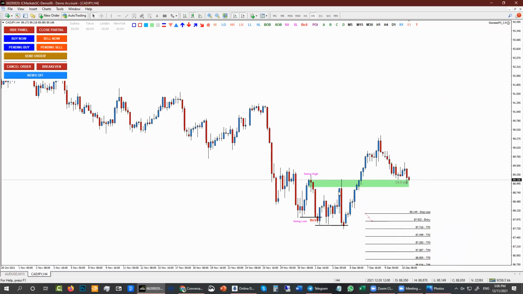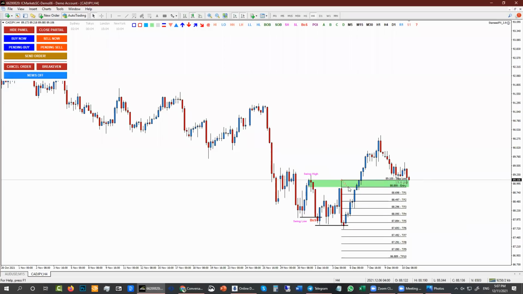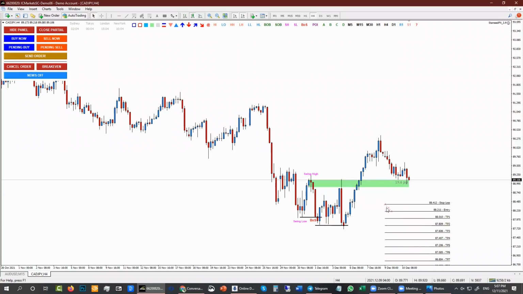So now when the price hits this candle, you first want to know what the risk reward is to the last low. In this instance, it is more than 1 to 5, or let's say 1 to 5. So if you agree with that, then you can take it. If not, you do not want to take it.